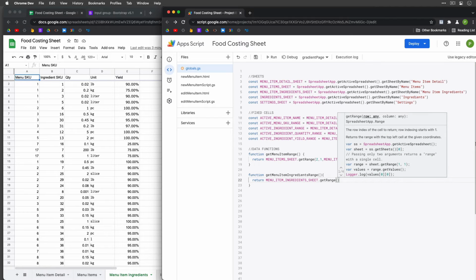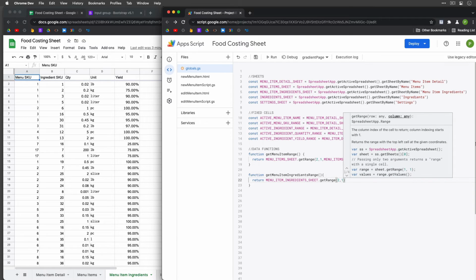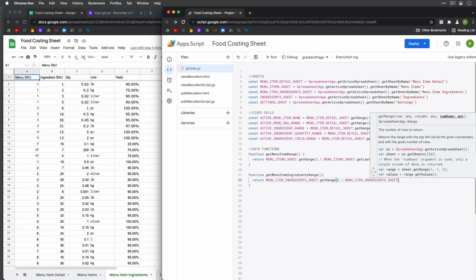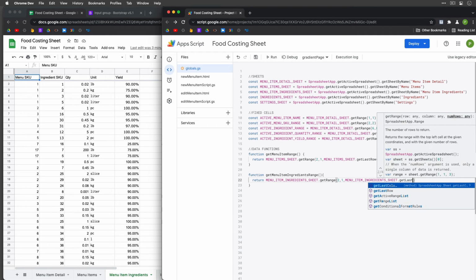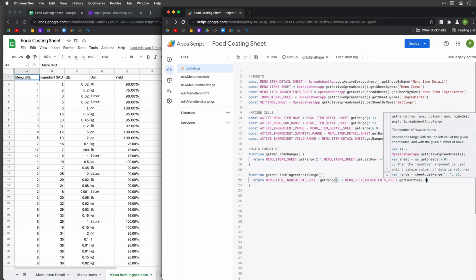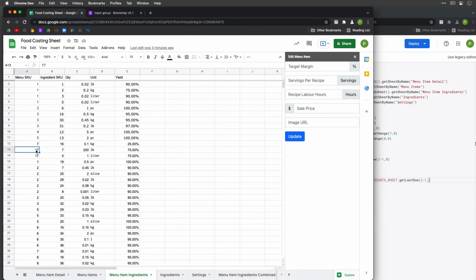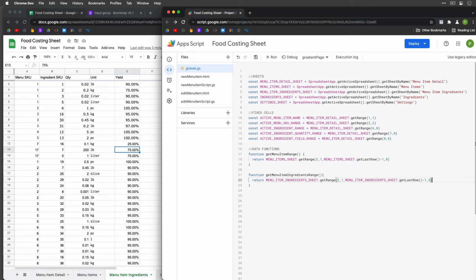And so again, start of the second row, we don't need the headers. First column, get last row -1, and for this one, 1, 2, 3, 4, 5. So 5,